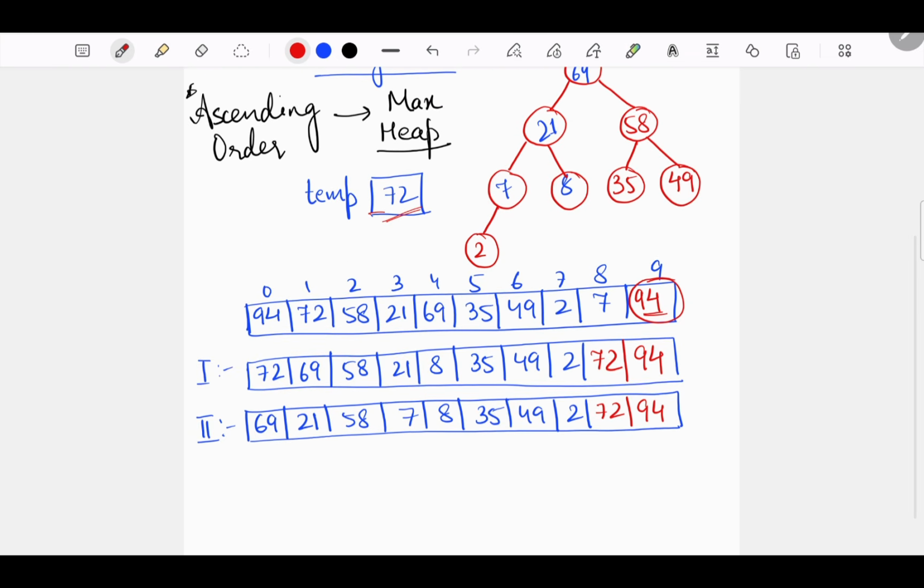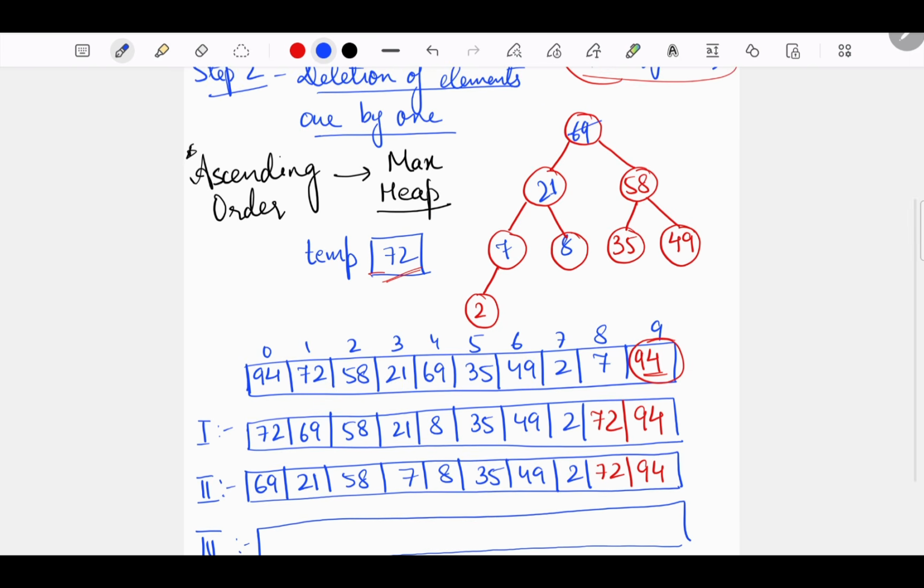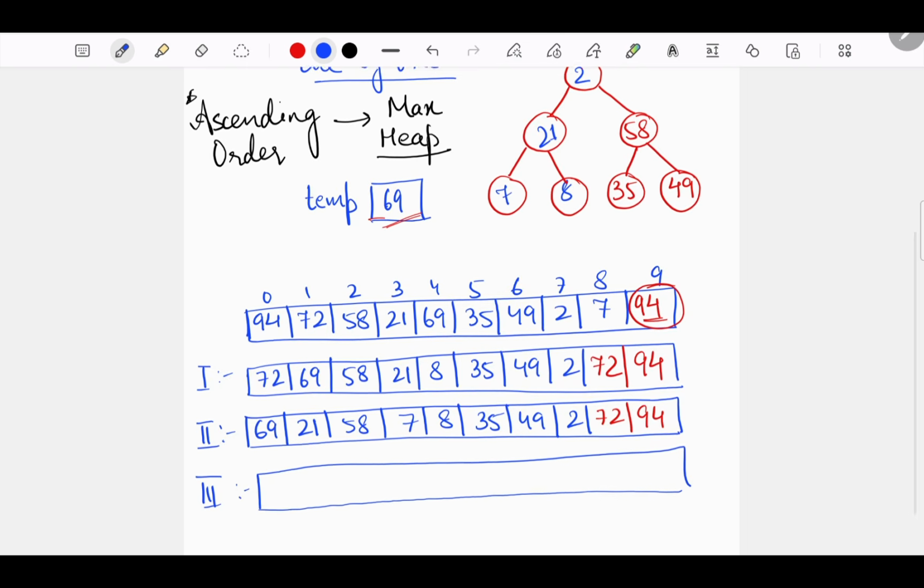Okay. So now let's perform the next deletion. So what will happen in the next deletion? We are going to delete 69 and replace it with the last element, which is 2, and we are storing the deleted element in temp variable. Okay.